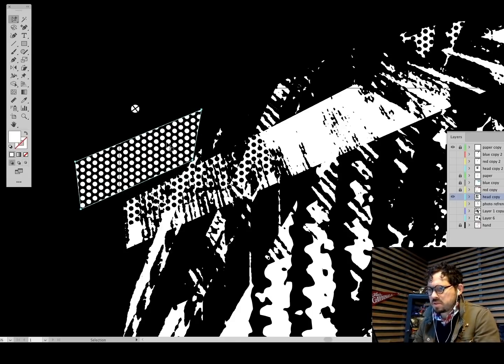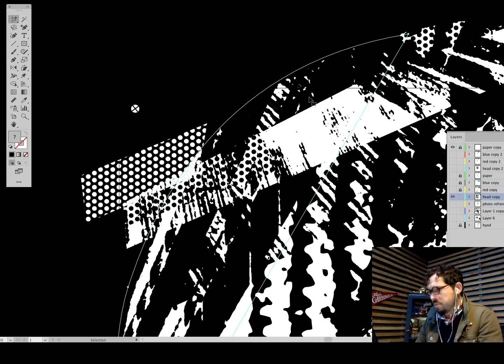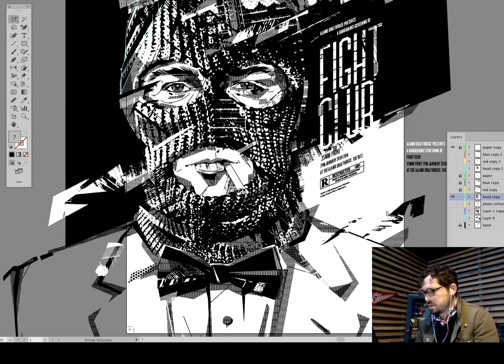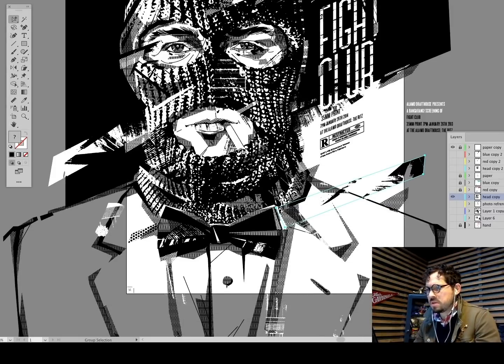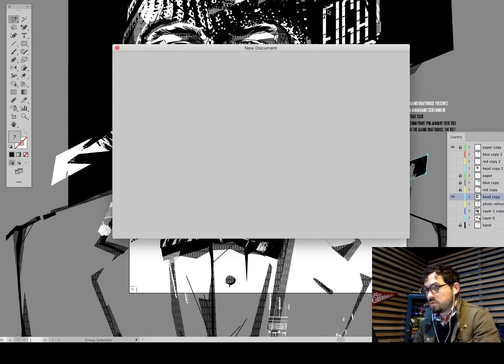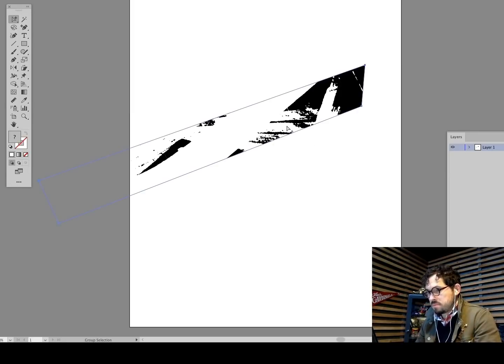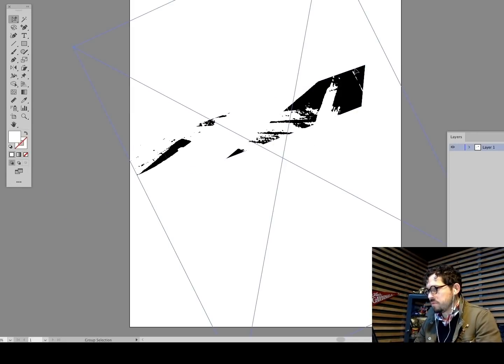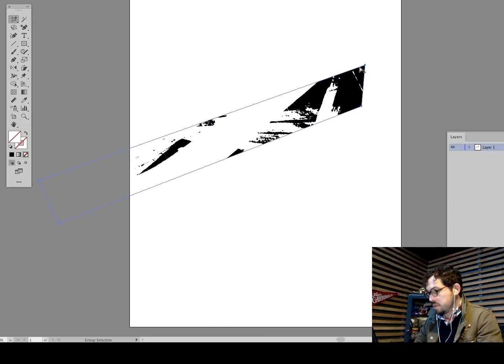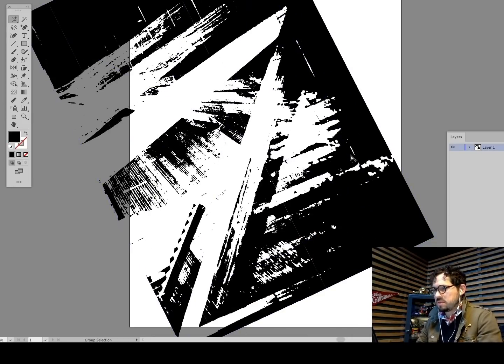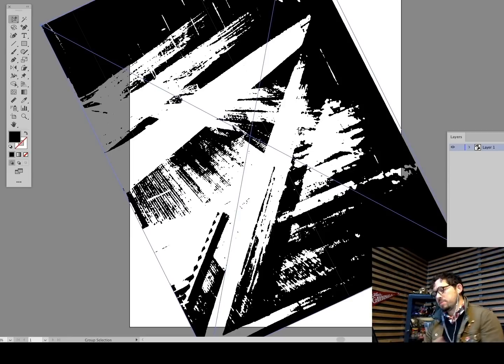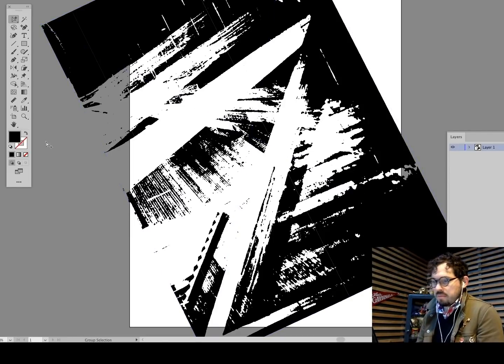So sometimes it's just a vector pattern, but let's pull some of these out of here. This is just the shape that the TIFF is in. So let's copy, new, paste it. If I get rid of this, you can see this is just what the TIFF looks like. I scanned in a bunch of images from an old antique architectural magazine and made TIFFs